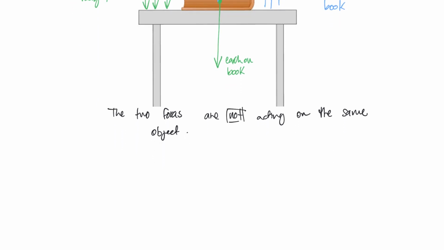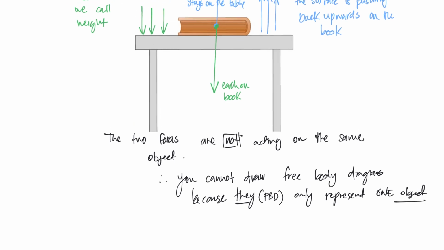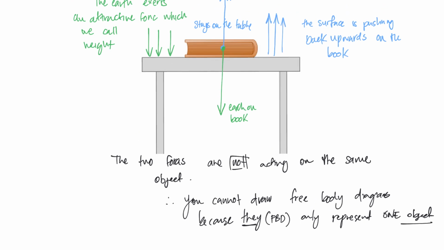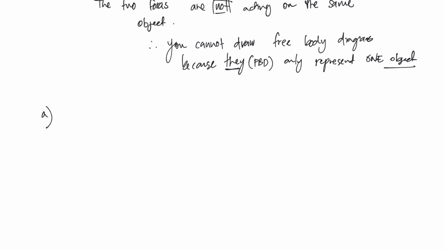So you cannot draw free body diagrams, because free body diagrams only represent one object, whereas in Newton's third law we have two objects and they are each reacting with one another. So if I had a situation, let's say,